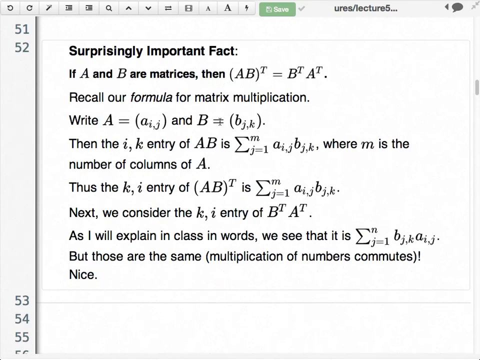So let's prove beyond any shadow of doubt that what I circled is true. I'll just recopy it somewhere. So, a claim, or call it a proposition, something that's either true or false. A statement's true or false, and a proposition is supposed to be true. (AB) transpose is B transpose times A transpose. And then here's why.